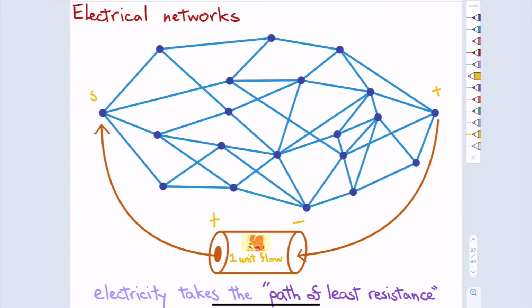Along the top is 1. So, okay, that looks like 5. Oh, there's a, okay, I see it. Okay, so here's the path of length 3, right? And so then, yeah, the battery sucks in 1 unit, pushes out 1 unit, and electricity takes the path of